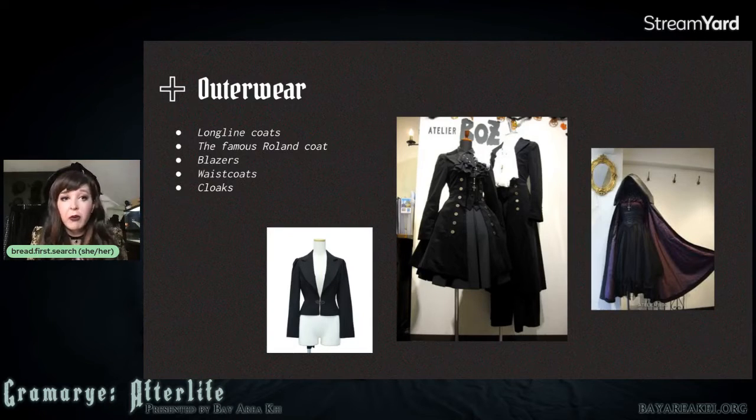So let's talk about outerwear. Long line coats are very common. Not only things that cover where an EGL skirt would fall, but things that are even longer potentially. EGA is very known for the Roland coat. People wear this coat in EGL as well. The Roland coat is the one in the middle on the left-hand side. So it's the jacket with